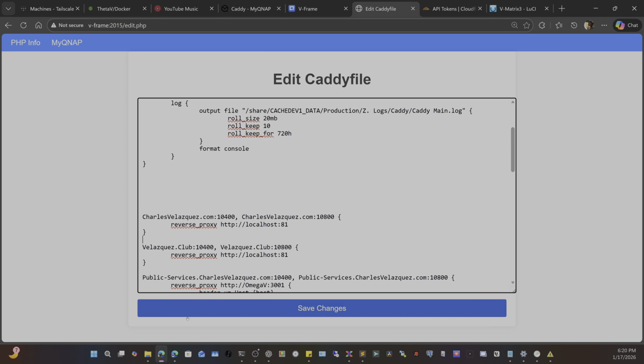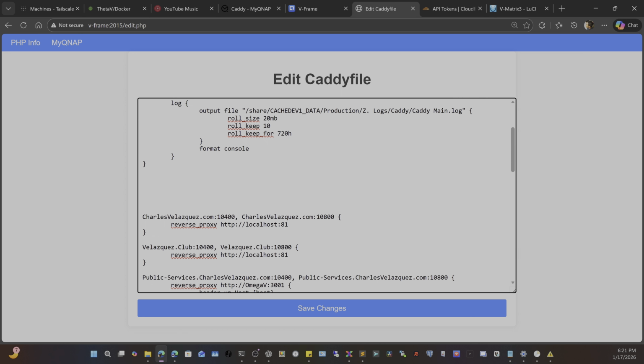So even though you made these changes, and you went onto your router and port forwarded to your QNAP server, which has this Caddy, and you port forwarded the HTTP, which would be port 80, to whatever port you want to use to represent the HTTP version of your websites and the HTTPS version of your websites. In my case here, I did port 80 to 10400,